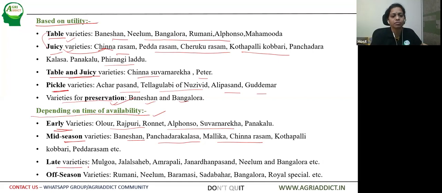Then late varieties, some of them even in June, the fruits are also available. Malgova, Amrapali, Janardhan Pasand, Neelam, Bangalore and so on. Then we have off-season varieties, so they are available almost the year round